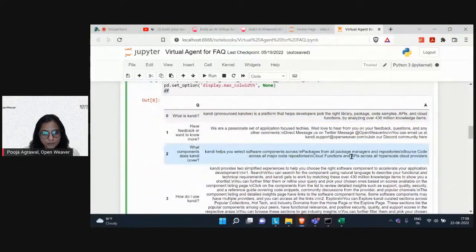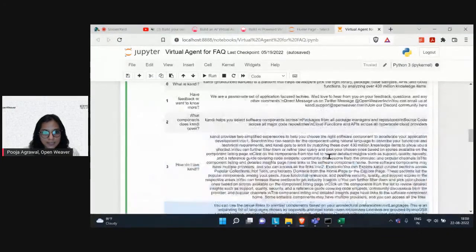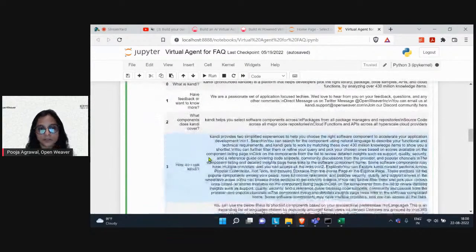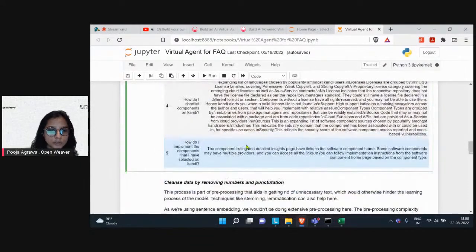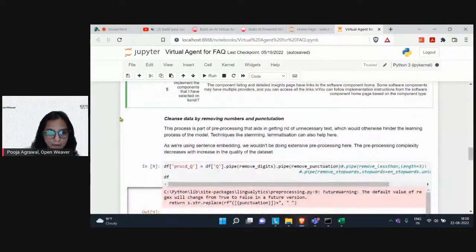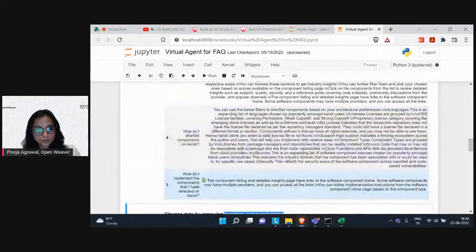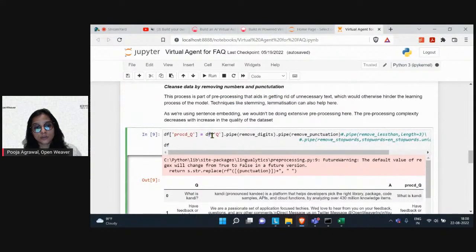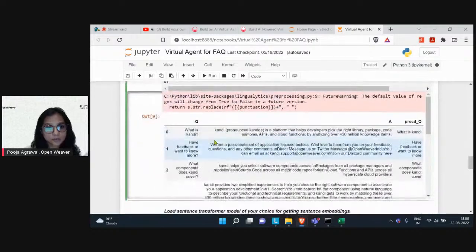So now I want to analyze. I've loaded this. What I do is I analyze that when I have these questions, this question mark symbol is not even important for my machine. And I would also want to remove something which is not essential. So I would do the cleaning. I would remove numbers and punctuations. That's it. So we don't see any numbers currently, but say our user types any numbers, those will also be removed. So we do the pre-processing for that. On the data frame, we will say dot pipe, remove digits, remove punctuations, and we are again saving it into another column called processed queue. So let us check out.